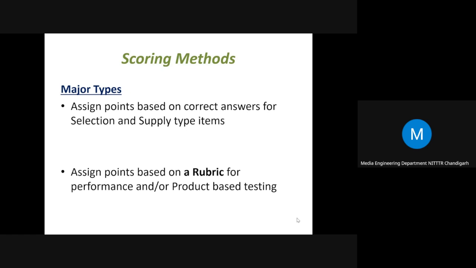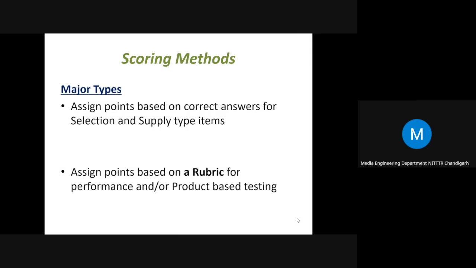When we are dealing with selection or supply type items, it is very easy to assign points or marks based on the correct answers, because we know the correct answer, whether in short answer questions, fill in the blanks, or MCQ. We can easily award the marks by matching the correct answer with the student response.